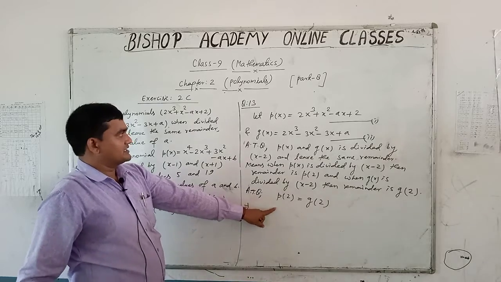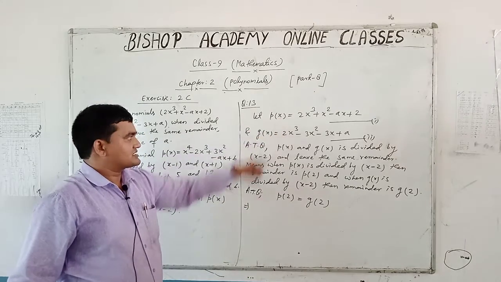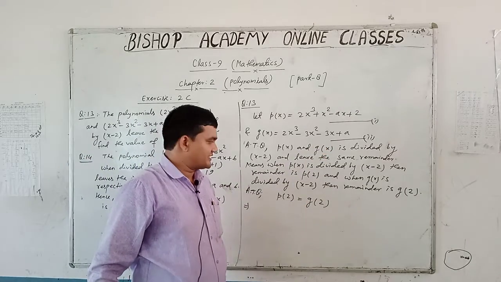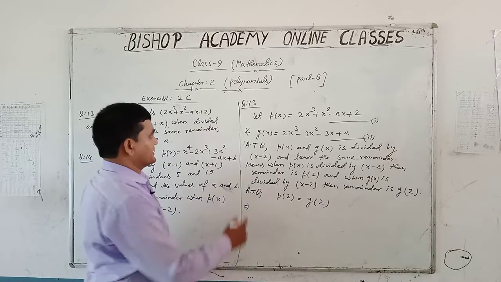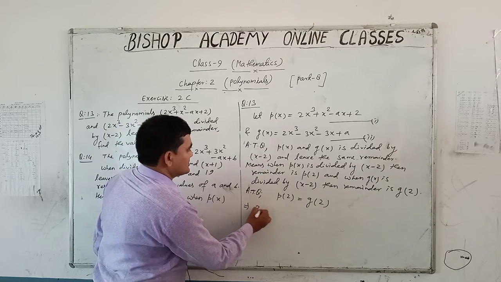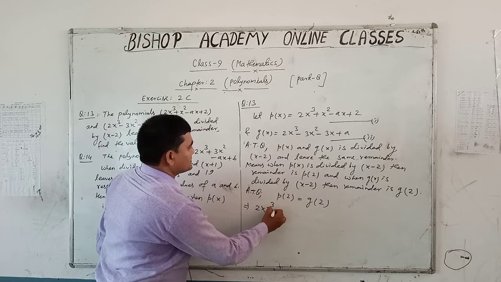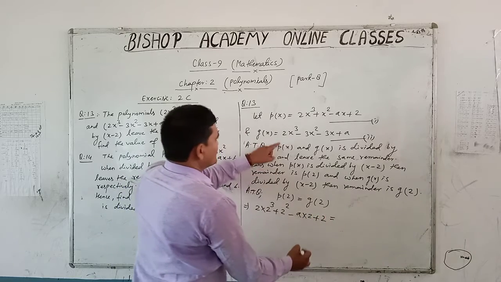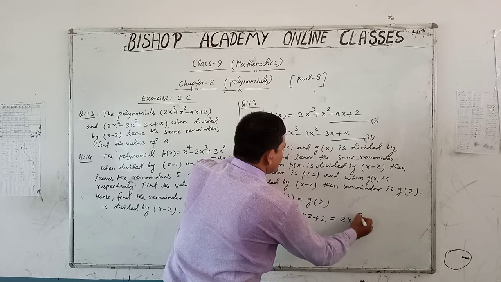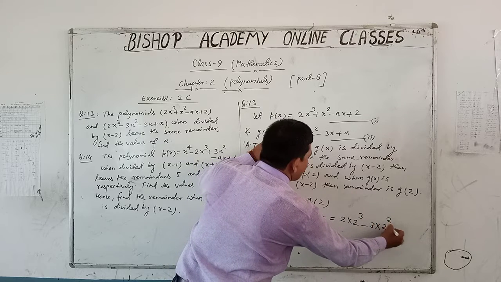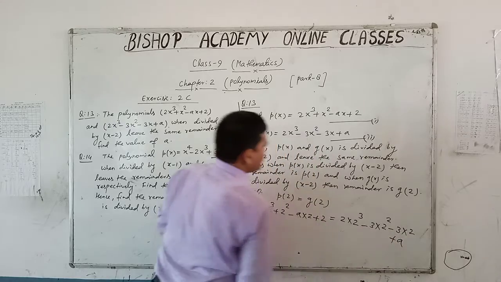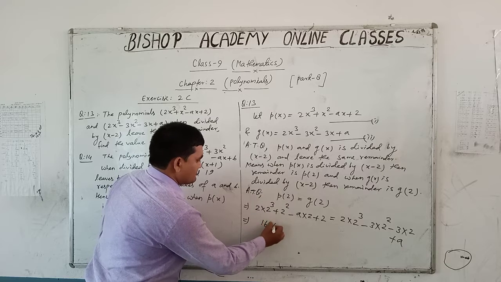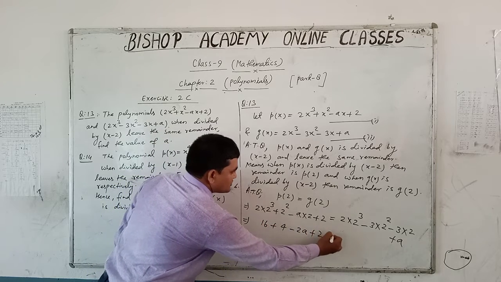P2 की वैल्यू कैसे आप निकालेंगे? जब यहाँ पर क्वेश्चन नंबर फर्स्ट में x की जगह पर आप 2 पुट करेंगे तो P2 मिलेगा, और G2 की वैल्यू कैसे मिलेगा? जब क्वेश्चन नंबर सेकंड में x की जगह पर आप 2 पुट करेंगे. यहाँ लिखेंगे this implies that 2 into 2 raised to the power 3 plus 2 square minus a into 2 plus 2 equal to g2 is 2 into 2 cube minus 3 into 2 square minus 3 into 2 plus a. This implies that 2 into 2 cube means हो जाएगा 16 plus 4 minus 2a plus 2 equal to